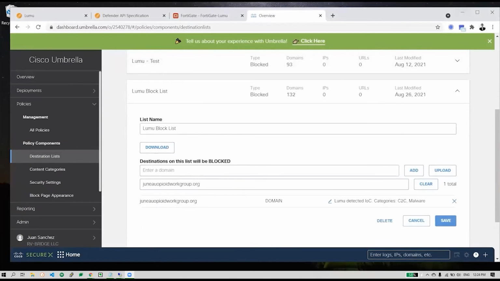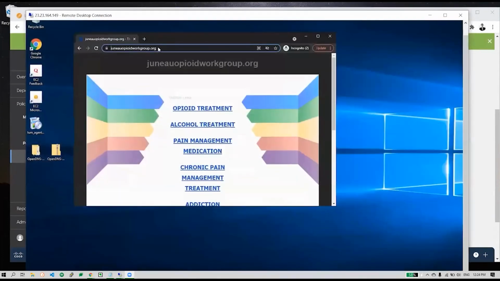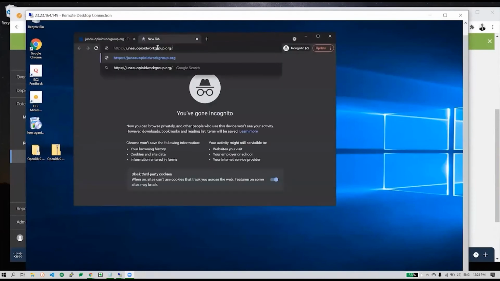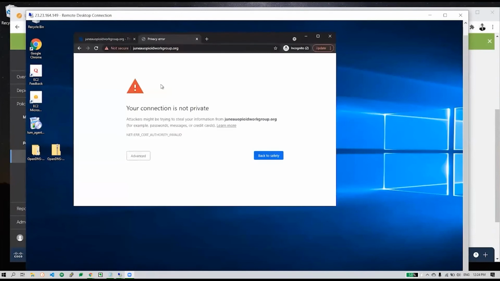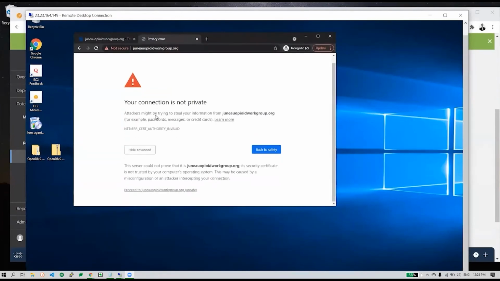So let's go to my Umbrella machine and check that out. Okay, so I'm going to do the same. I'm going to copy this and paste it on another tab, and you'll see the same error or verification warning from the browser,